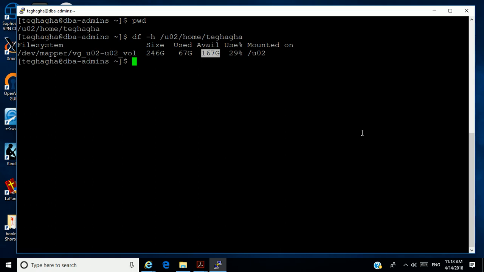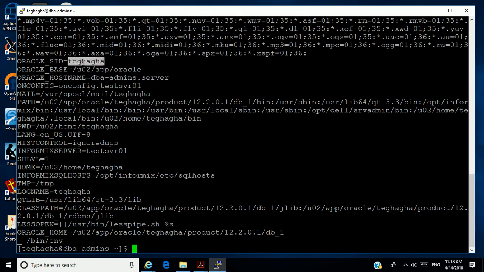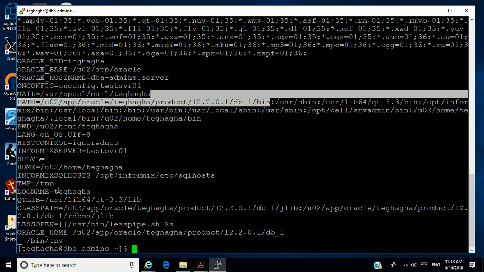To use the data pump utility, export or import, you have to interact with the operating system, and the only way you can do that is to define a directory, okay? So right now I'm going to create a directory under my home. I'm going to call it export, exp. All right, so when I connect to my database, now let me see my environment. See, I've got my Oracle SID as TA Gaga. All right, I've got my Oracle home. Okay, and all of that stuff.